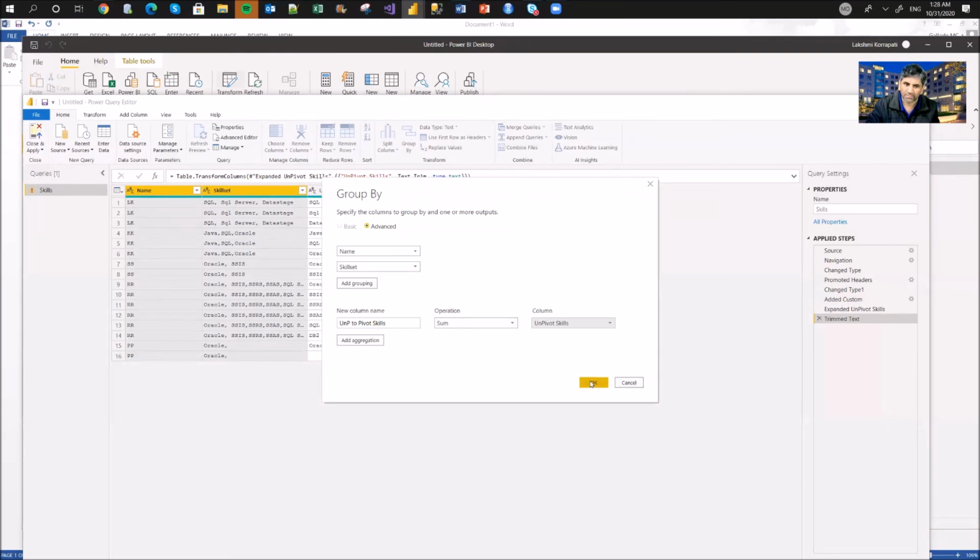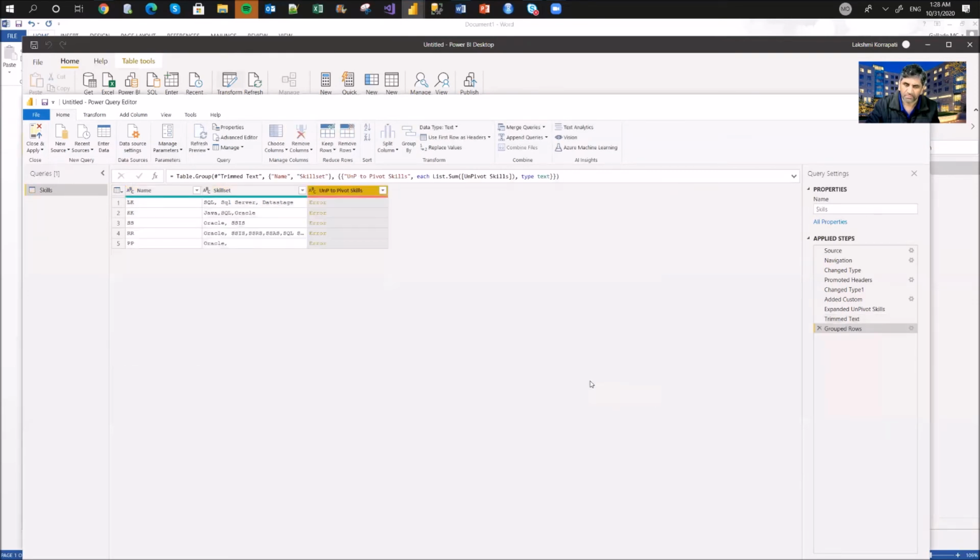So say okay. This is giving an error here, because in grouping we have selected sum, but sum cannot do character values.